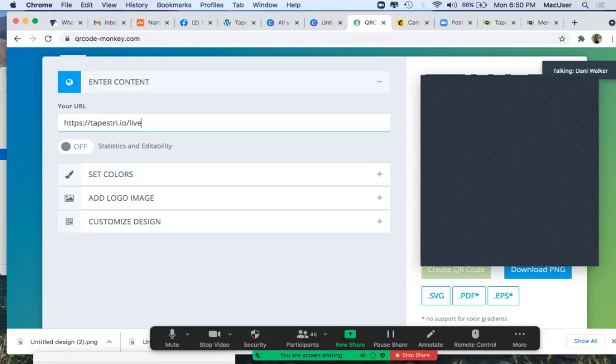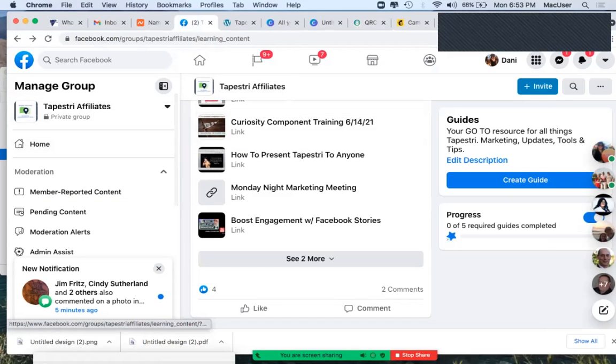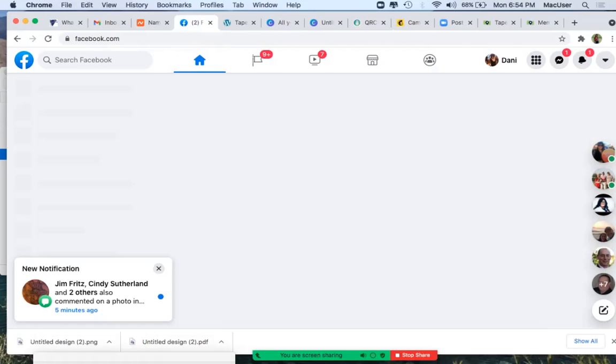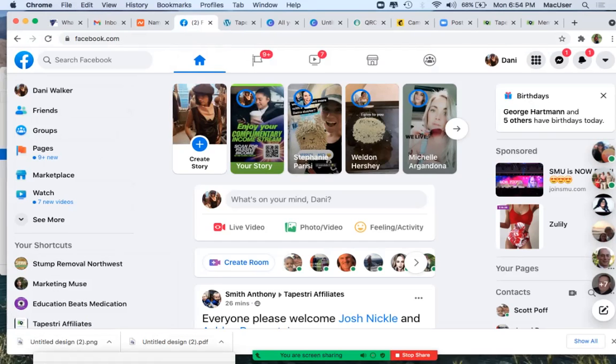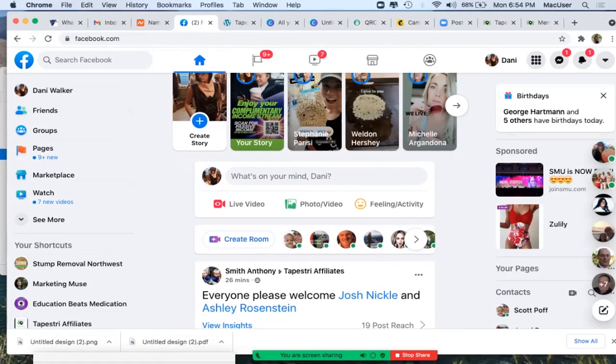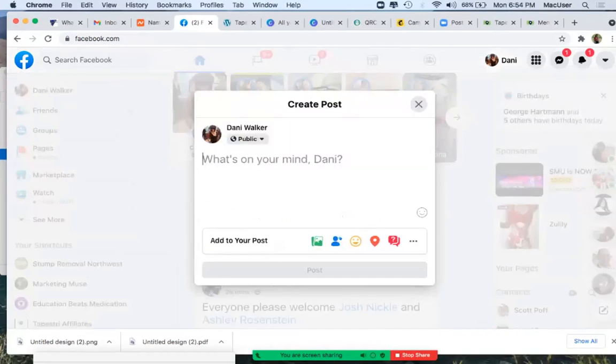But also, let me do this really quick. In sharing your QR code, sharing a photo or something on a post, you're not just going to put a picture out there, right? You're going to put a little bit of information, as we normally do. I share a photo of my grandson, telling everybody how awesome he is, right? I'm not just going to put a picture of Ray out there. So if I'm going to share a picture right here,